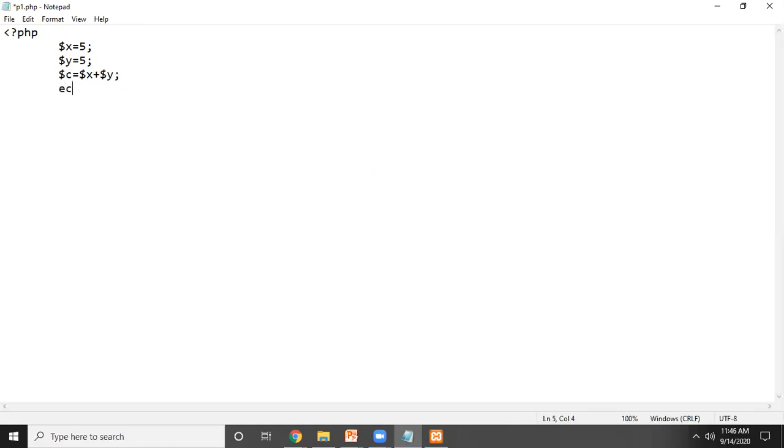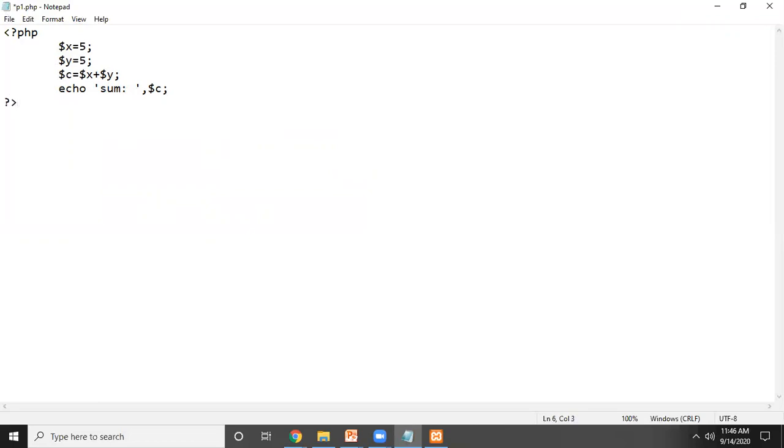Now we are printing the result: echo sum. This is my string number 1, sum. Now I want to display the value stored in the $C variable, so comma and $C. You can use the dot operator also over here, it will show the concatenation of two strings.